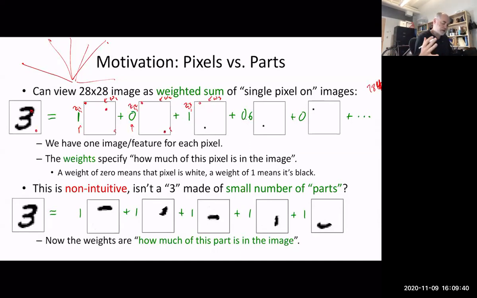We'd really like to think of a digit as being made up of a small number of parts, right? So if this is some part W1, this is some part W2, and this is some weight Z, you know, Z_i1 or whatever, and Z_i2. I'd really like to be able to make a 3 by having some digital alarm clock